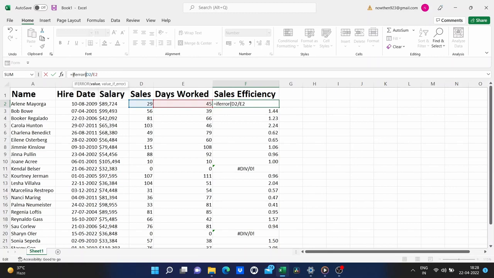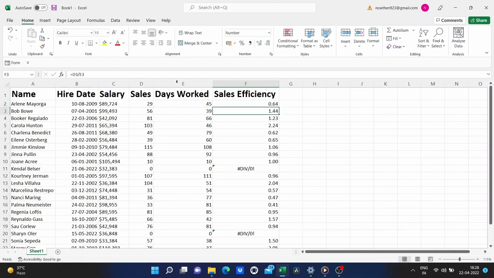You can see what Excel is expecting. They are expecting a value of some kind, and what we have here is a value, D2/E2. So, I'll just go after the 2, put in a comma. Now, I am supposed to put in the value to display if there's an error. In this case, a 0 might be the best thing to put there. I should put in my right parenthesis, tap enter, and it looks like nothing changed, but the formula did change.